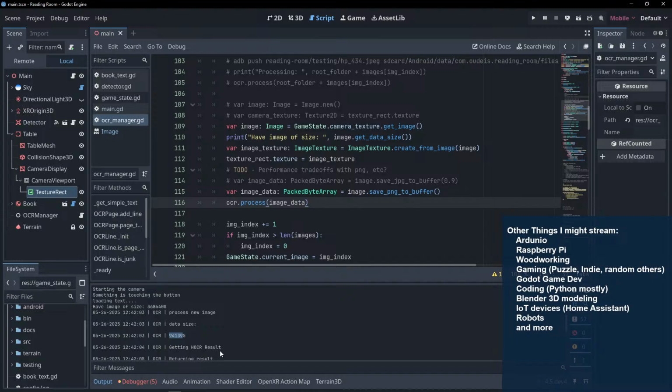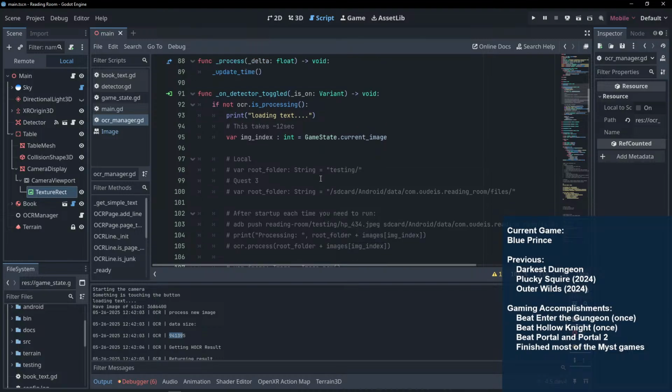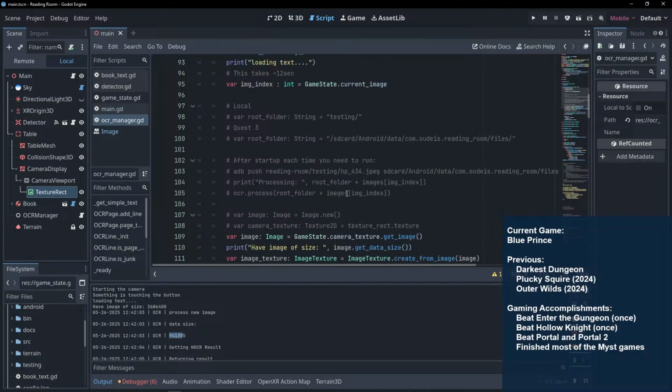It ends up compressing it, so maybe the compression's better. All right, now I need to check a new scenario. Okay, so I've got to put this on a timer, I think. So instead of on detector toggled,